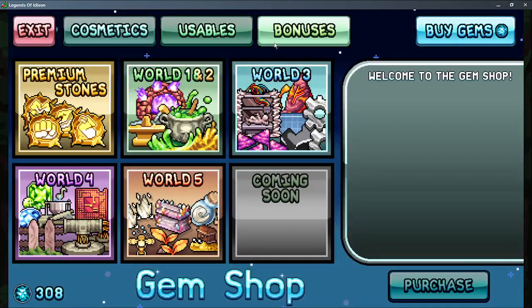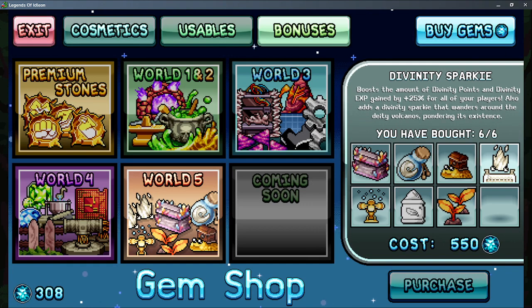As far as the gem shop is concerned, in my opinion, the strongest upgrade is the Divinity Sparky. It's a permanent upgrade. It's going to be good forever. It gives more Divinity points and Divinity XP, so it's a double dip there because both of those are quite important. And I just think that unlocking God 2 will skyrocket your progress through World 5